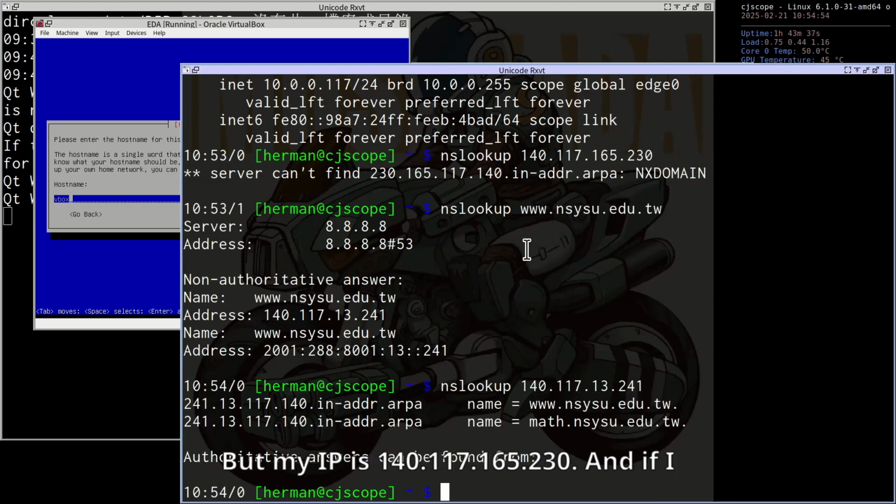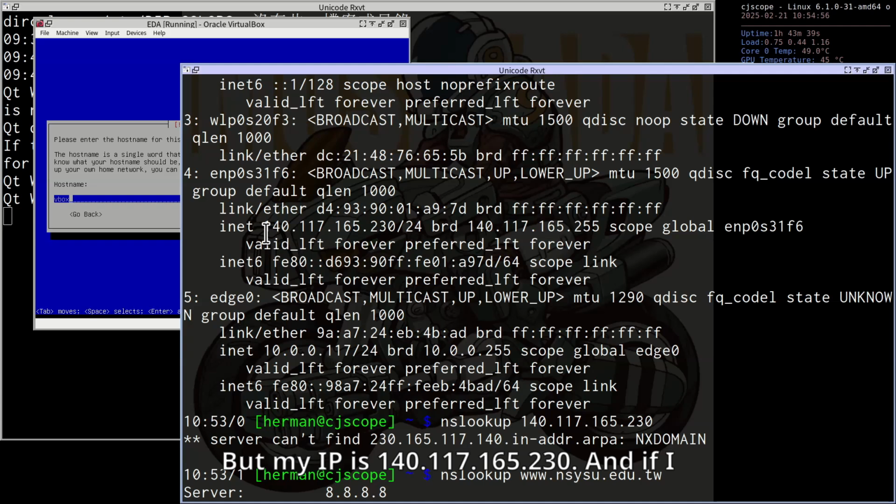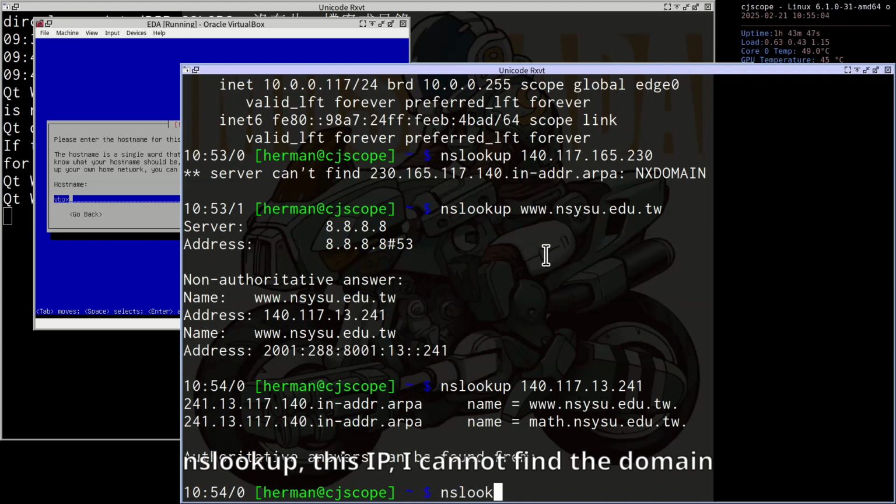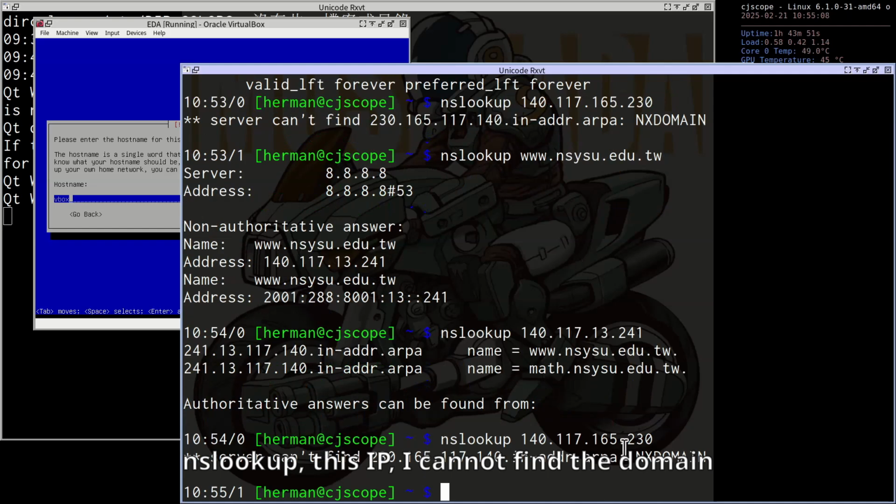But my IP is 140.117.165.230. And if I NS lookup this IP, I cannot find the domain name here, the host name here. So that means this record did not store in our DNS server.